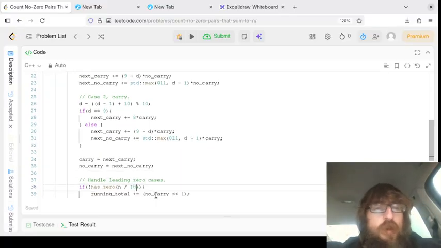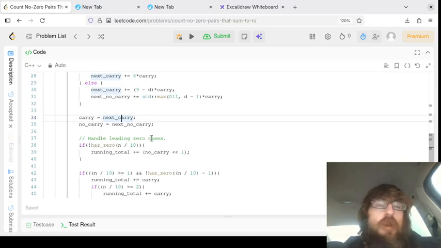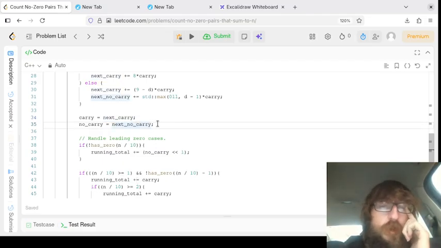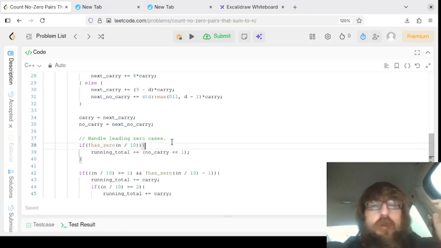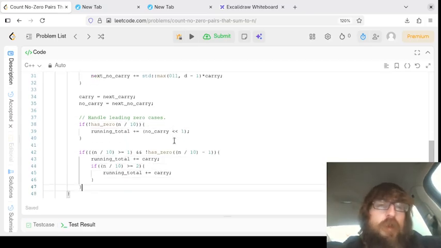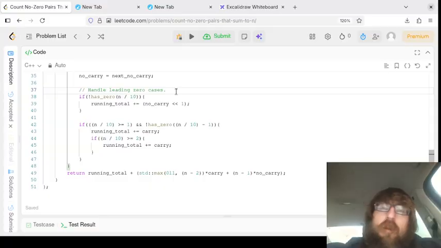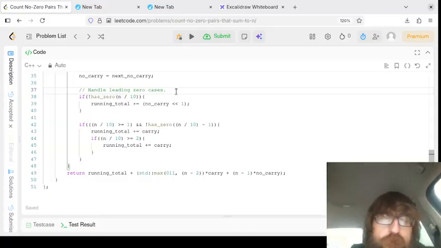Next, we're going to update for the next digit, get ready for the next execution, and this also simplifies things a little bit down here, because I can just use carry and no carry notation instead of next no carry and next carry, because it makes these variables a little bit more complex if I keep that as it is. Okay, so these bottom parts are kind of where a lot of magic happens here, in my opinion,